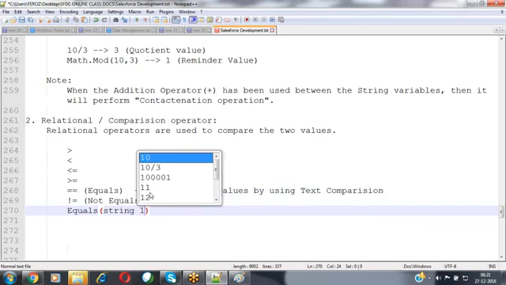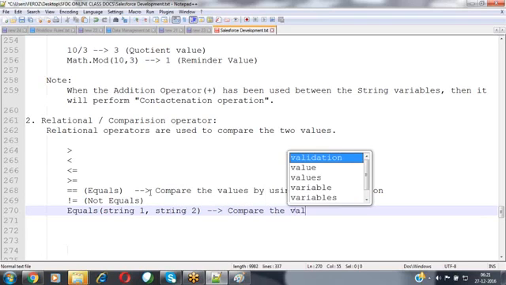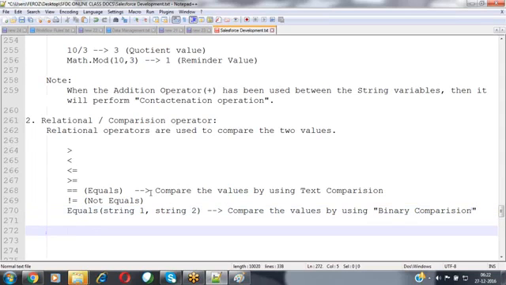Here we have to specify string 1, and here we have to pass string 2. Whatever two strings you want to compare, we have to specify these two string values over here. It will compare the values by using binary comparison. So these are the various relational operators available in the Apex programming language.